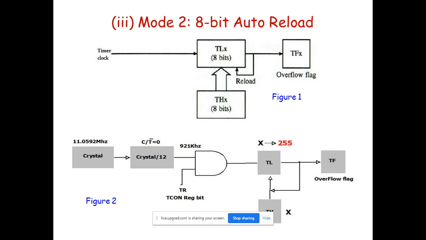Then it starts counting from that initial value to the maximum value. Maximum value for this is 8-bit, that's why it reaches up to FF. When one more pulse comes and it crosses that limit, it overflows. It will set this flag, and it is auto reloaded. Again that initial value is placed here, which means the second character is sent with the same baud rate, that is 9600. Once all 8 bits are out, it is reloaded again, and the next character is shifted with the same baud rate.